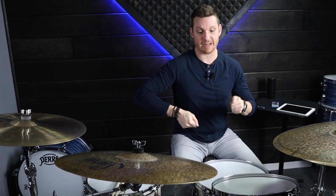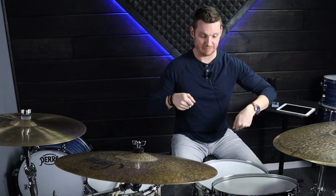Alright, so we're not there yet, but it's a good start. We want to make sure we get the pattern down first, and then second, we get the dynamics, and then third, we get location when we start to move it, which we'll do in a minute, and then speed, that comes last. So, the dynamics: kick, right, left, kick, right, left, booga da ga da da, booga da ga da da, rather than